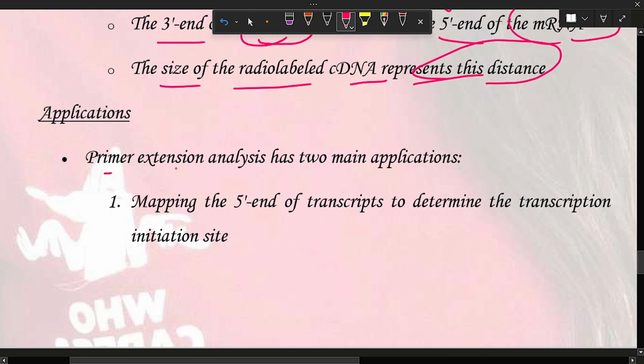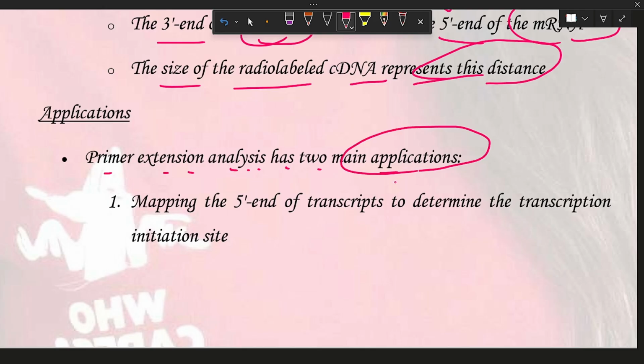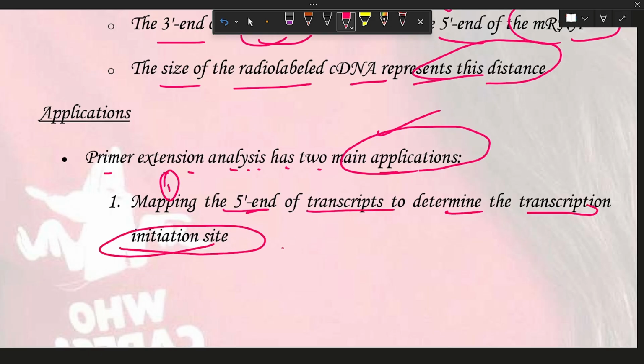Applications. Primer extension analysis has two main applications. One is mapping the 5' end of the transcript, determining the transcription initiation site. We will see what type of nucleotides are there.